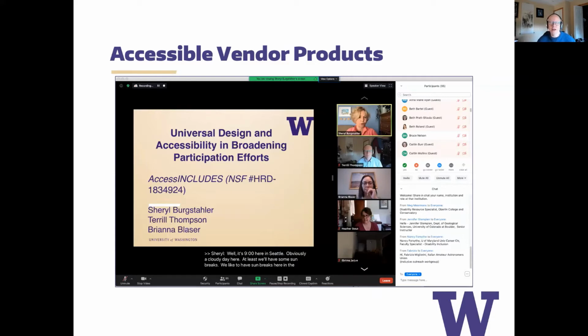I will share that when we started using Zoom many years ago, it was not accessible at all for keyboard users, for screen reader users. The buttons were not labeled well for screen reader users, but we began a years-long collaboration with them that exists still today, where we sit down once a month and we exchange information by email about how to improve their product for all users, and they have been very receptive to that.